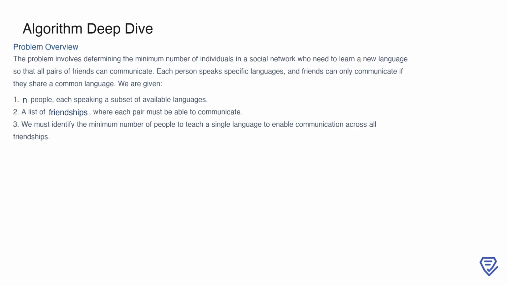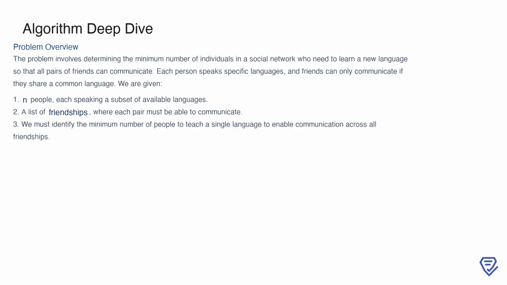The problem we are tackling here is about enabling communication in a social network with the least effort. Imagine we have a group of people, and each person speaks a subset of available languages. Friendships exist between specific pairs, and for these friendships to be functional, the friends must share at least one common